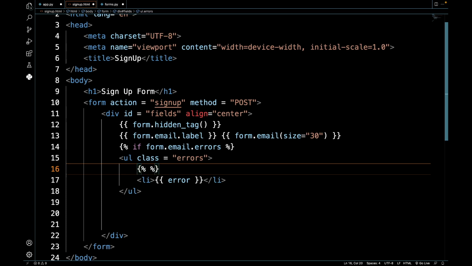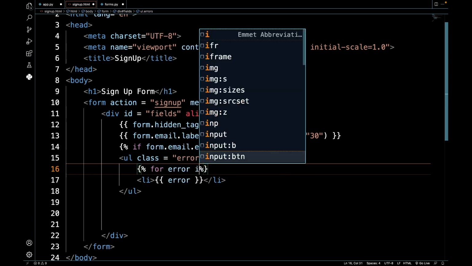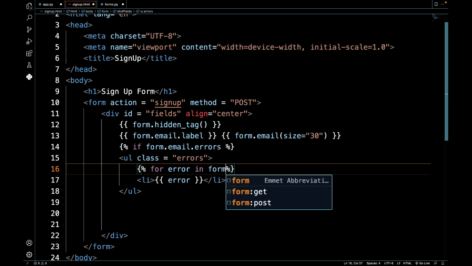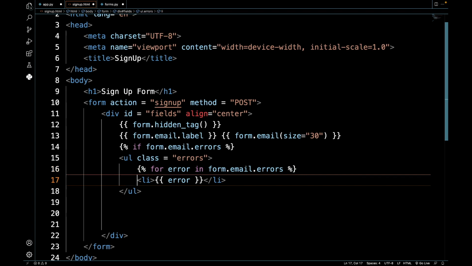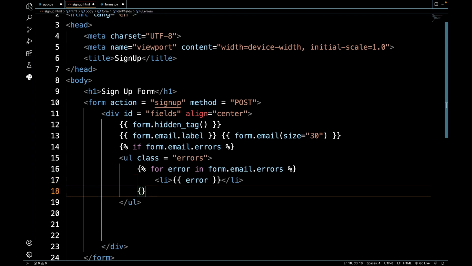So I'm going to say for error in form.email.errors. If there are more than one errors, you just run a for loop and display each of the errors. I'll just correct the indentation as well. So this is where my list ends, and here I will also have to end